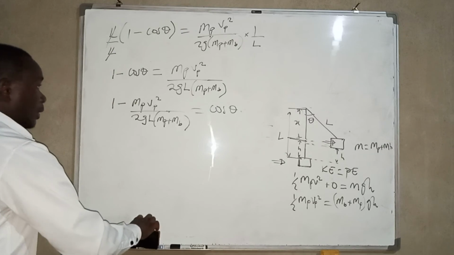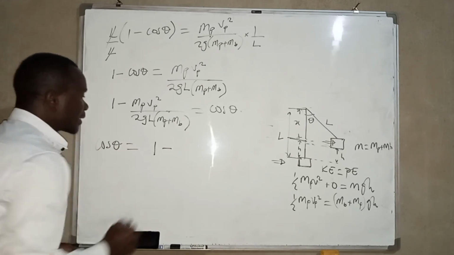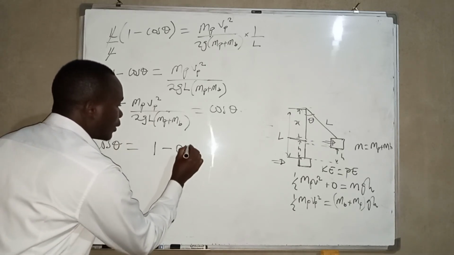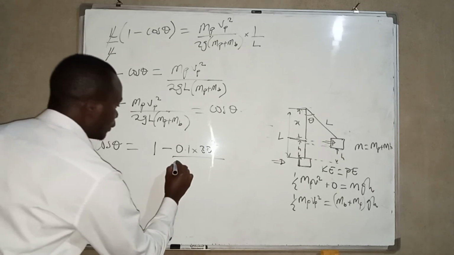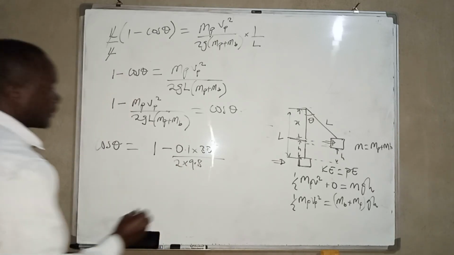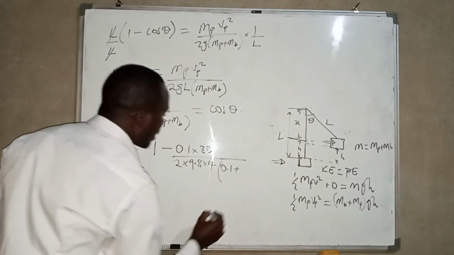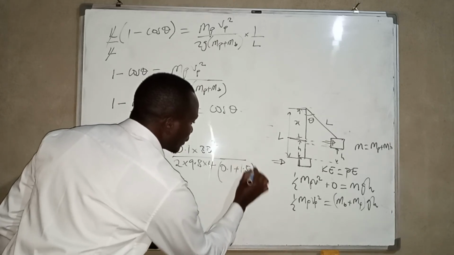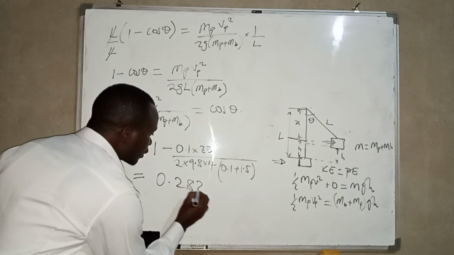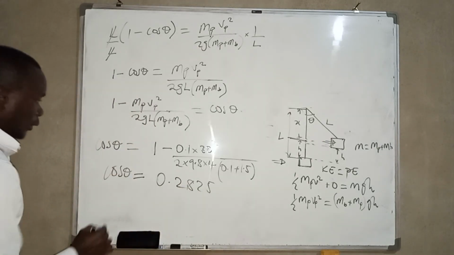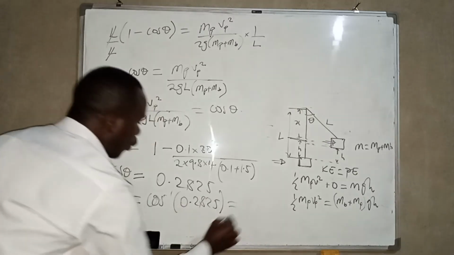From this point, we can plug in the values. Cos theta will be equal to 1 minus, we can plug in the values. Mass of the pellet is 100 grams, which is simply 0.1 kg, times 30 squared, over 2 times g, 9.8, times L, which is 4. Then here we have mass of pellet, which is 0.1, plus mass of block, 1.5. We are going to have 0.2825 as the cosine of theta. So theta will be equal to the cos inverse of 0.2825, which will give us